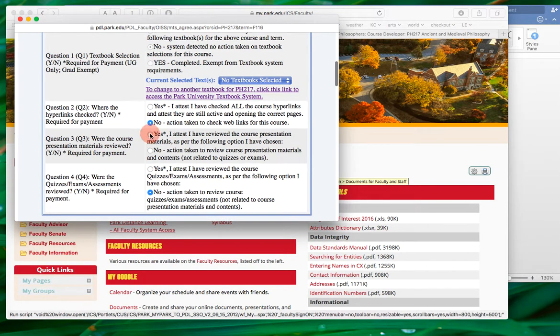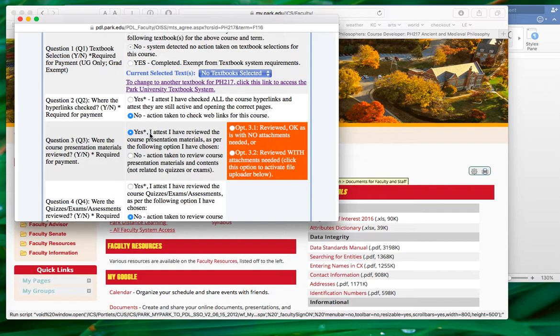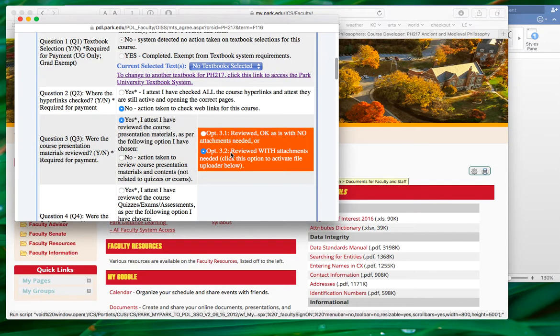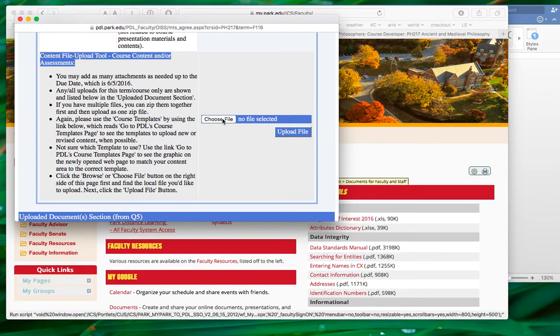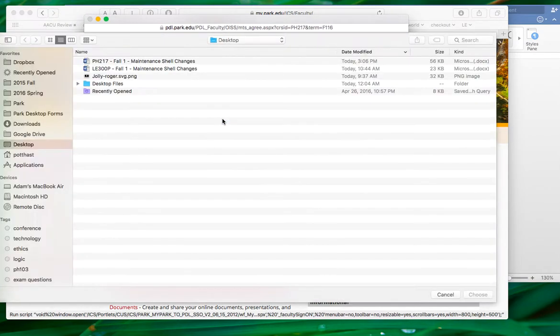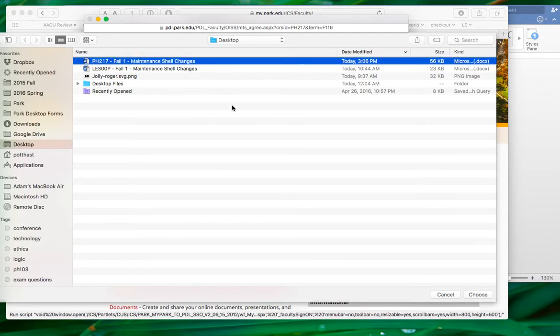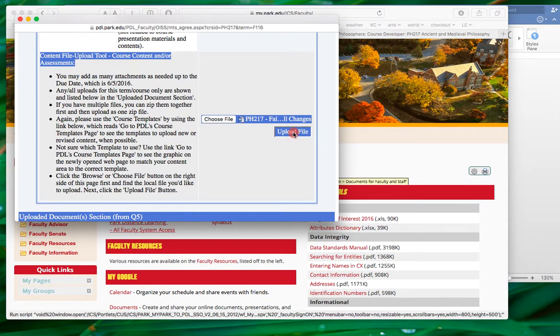questions. For question 3, we put yes in this radio button. Then go over here to option 3.2 that says I've reviewed with attachments needed, and I click there. What that will do is enable you to choose a file to upload. So I'm going to choose the file, and I'm going to go to my file. I think it's handy to name it the course title you're doing maintenance for, the term you're doing maintenance for, and then maintenance shell changes. So I'll choose that one, click upload,